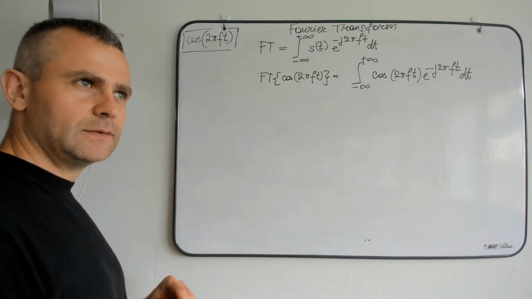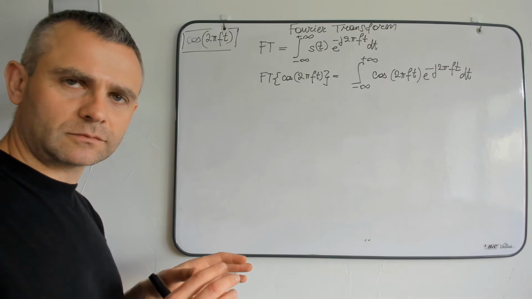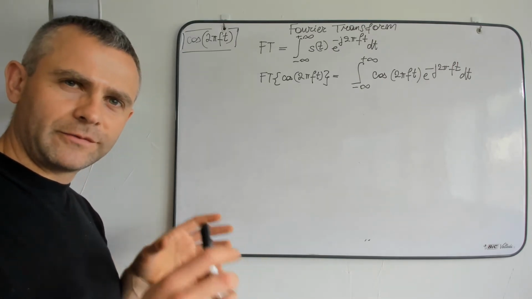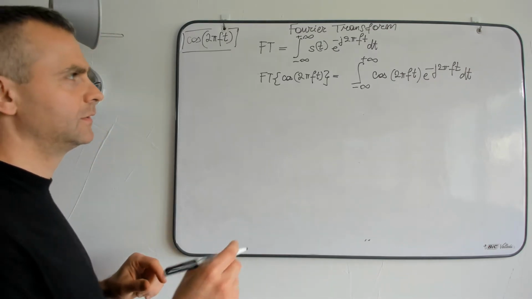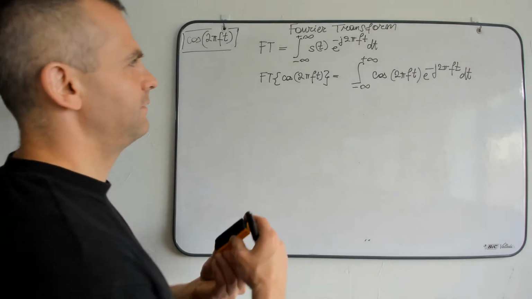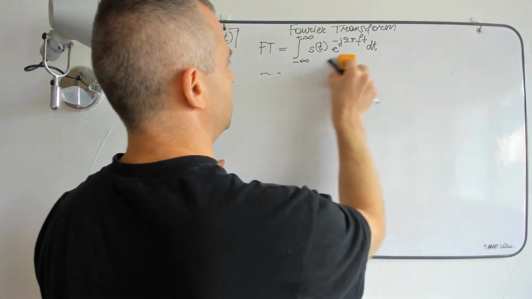Let's start from the frequency domain. Let's have a look at a delta function going from the frequency domain to the time domain. So for that we will need the inverse of the Fourier transform, and